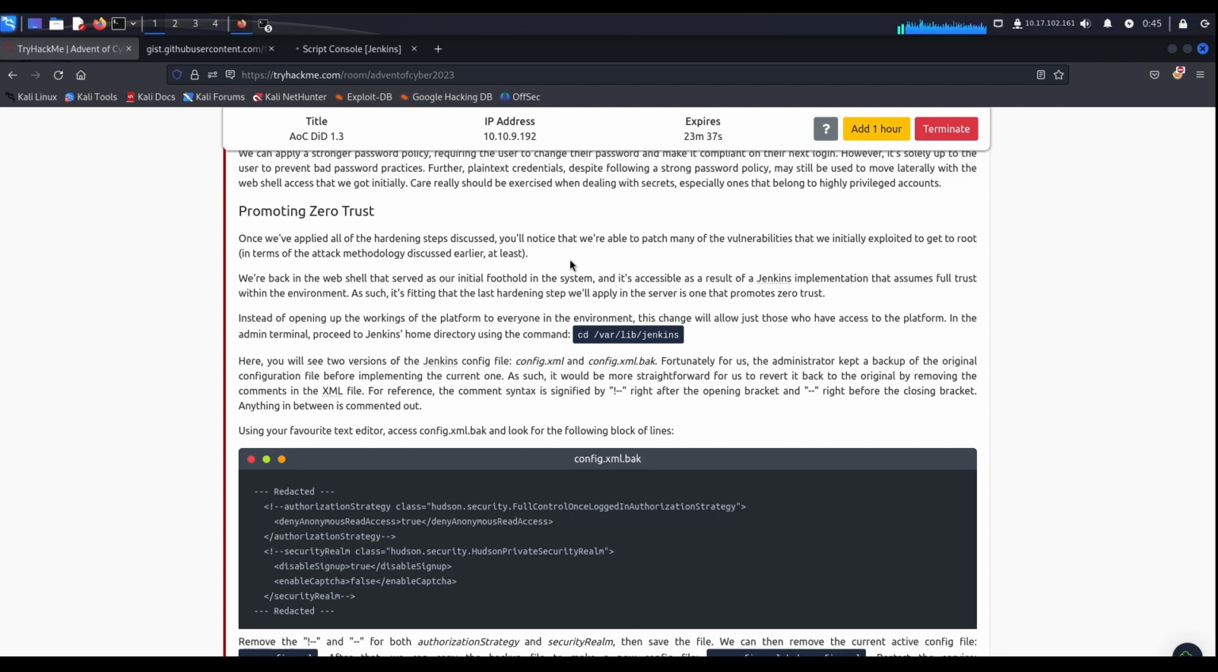In the admin terminal, proceed to Jenkins home directory using the command cd /var/lib/jenkins. Here you will see two versions of Jenkins config file, the config.xml and the config.xml.bak. Fortunately for us, the administrator kept a backup of the original configuration file before implementing the current one. As such, it would be more straightforward for us to revert it back to the original by removing the comments